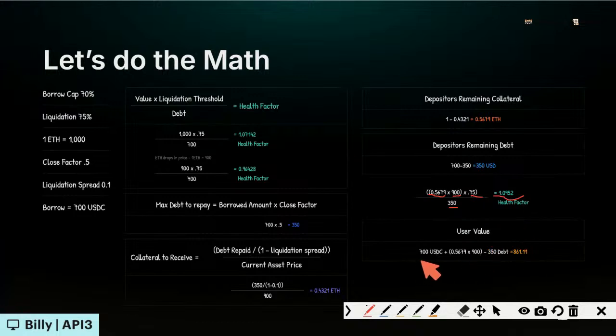And so the user value that they've lost is $700 of USDC in their pocket. Remember, they never paid it back. So they have $700 in USDC plus whatever's left over in ETH. That leaves them with a value of 861. Again, remember that that ETH went down in value $100. So if it went back up, that's about 5-ish% lost in value. So you lose 5%. Did that math kind of work out in your head?